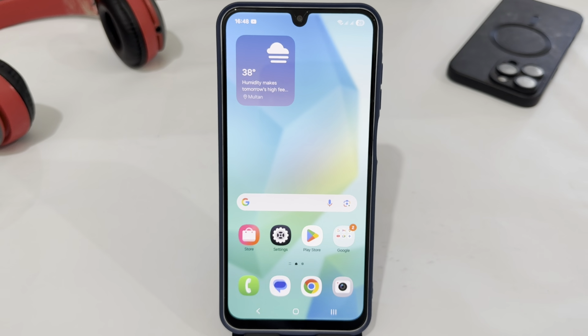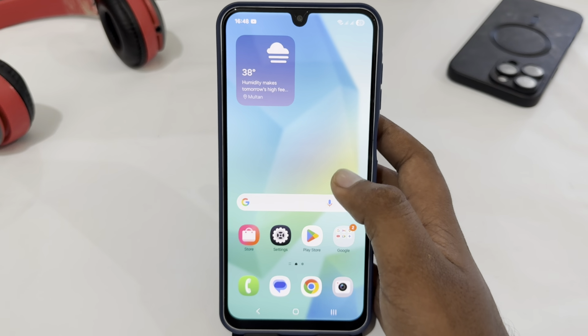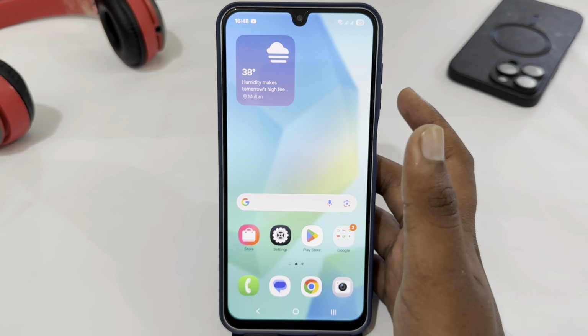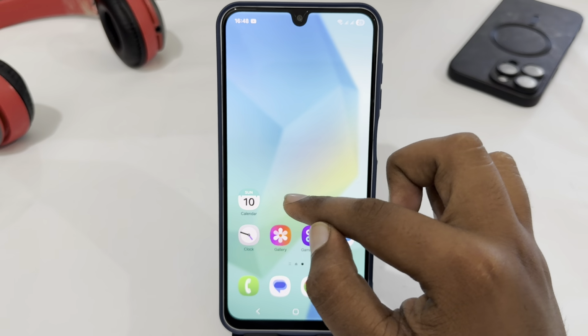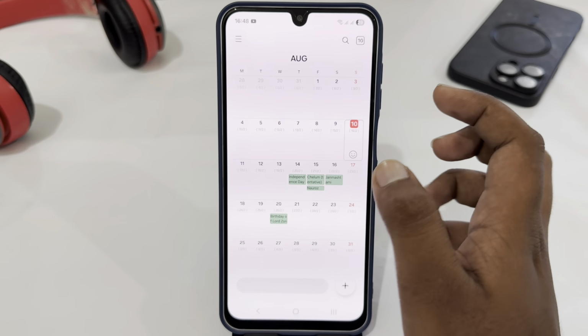Hey guys, today I'm going to tell you how to set a reminder in Android. If you are using any Android phone and you want to set reminders, let's see how you can do this. You just have to look for the calendar app in your phone and then open your calendar app,